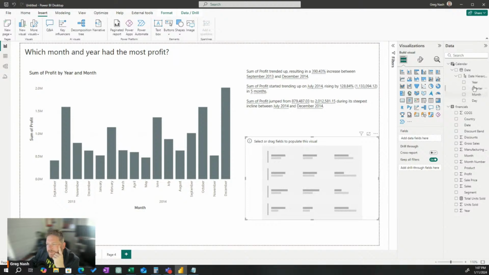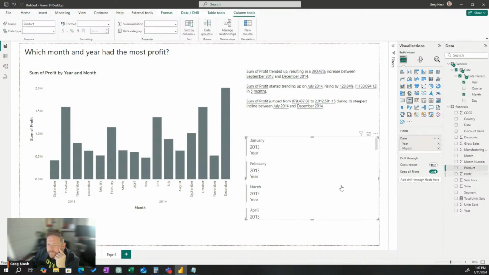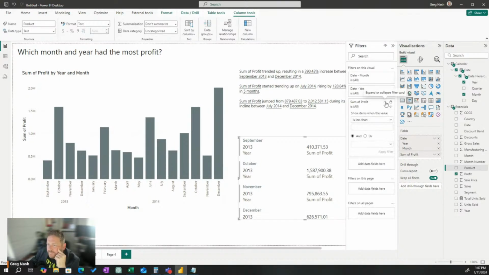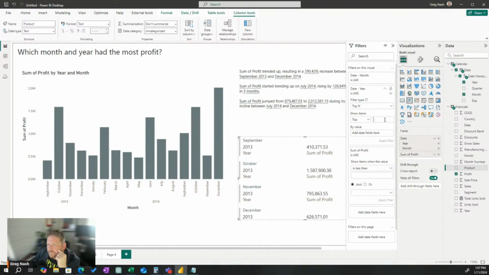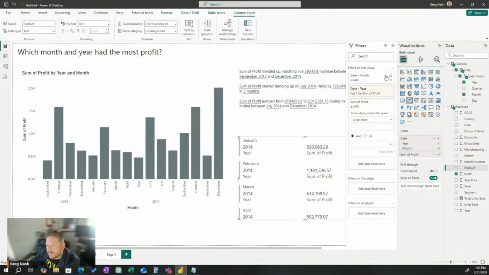And then I put the year and month in my multi-row card, and then I put the profit, and then the filter by year month, top one by profit. So now it's only showing the top 1 year by profit, and then the top 1 month by profit.